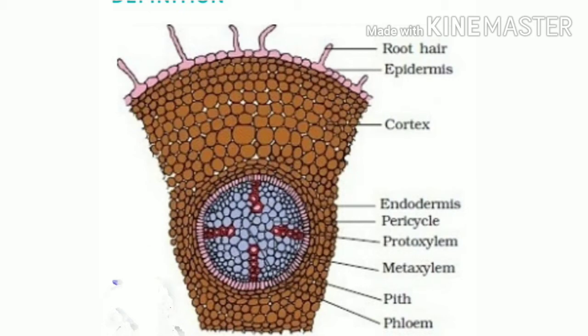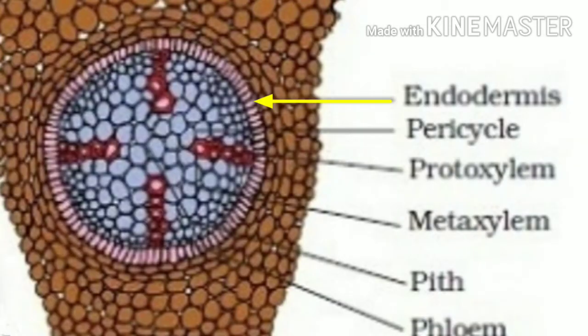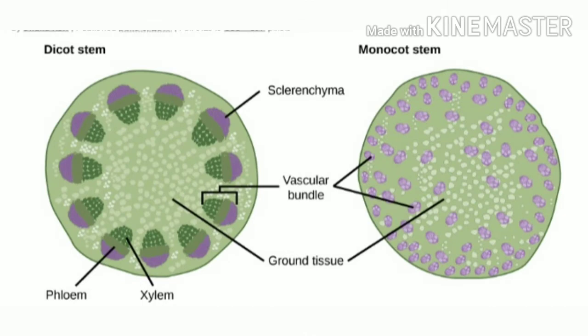The epidermis of the root is followed by the multi-layered cortex composed of thin-walled, loosely packed parenchymatous cells. There is a single layer of endodermis inner to the cortex, followed by a layer of pericycle. The central region of the root has xylem and phloem arranged in separate patches, which together are called the vascular bundles. The conducting tissues in plants are the xylem and phloem.